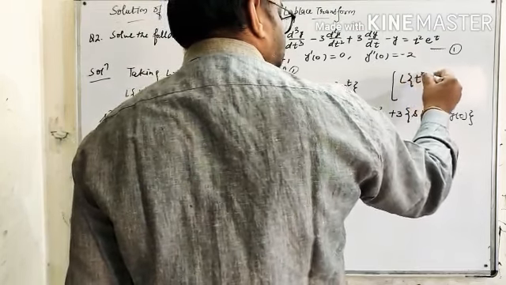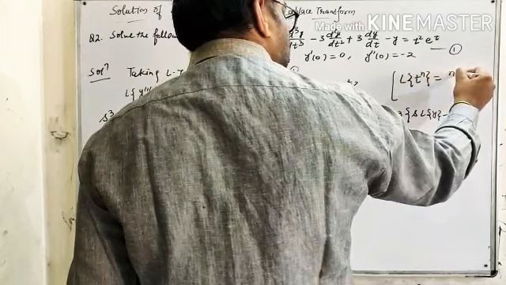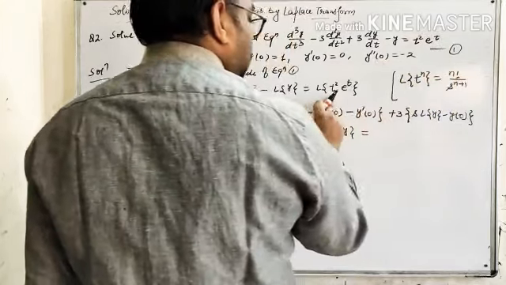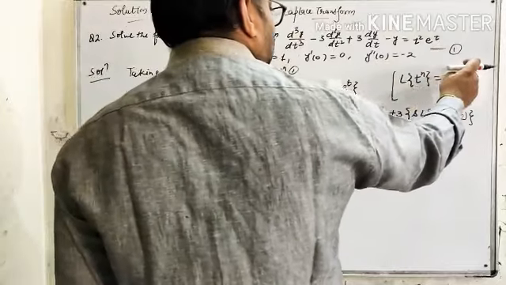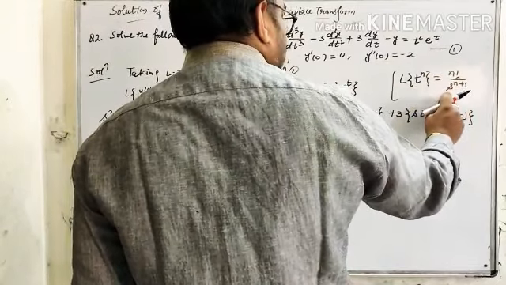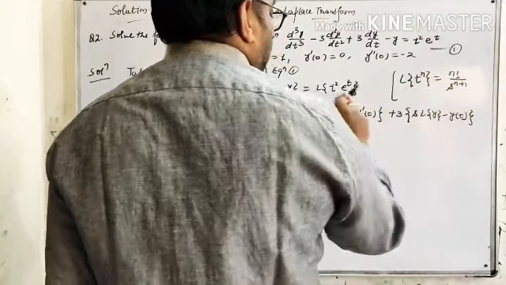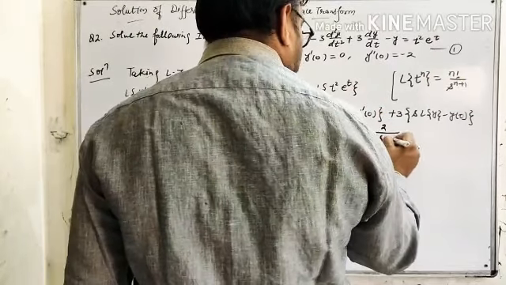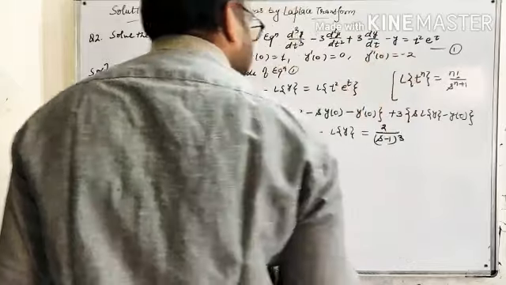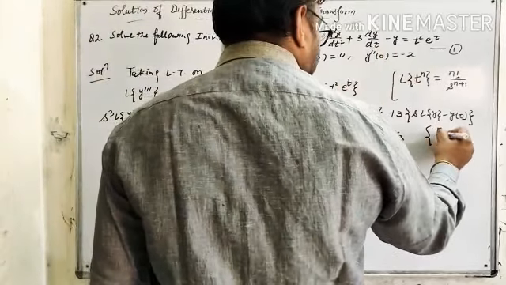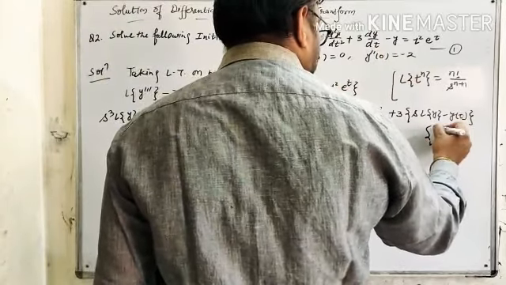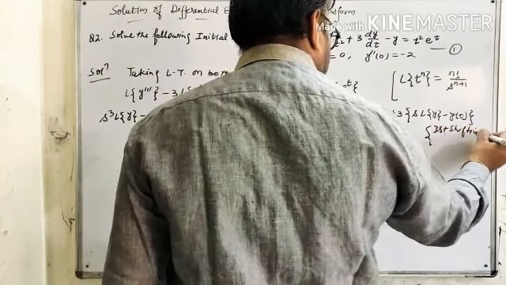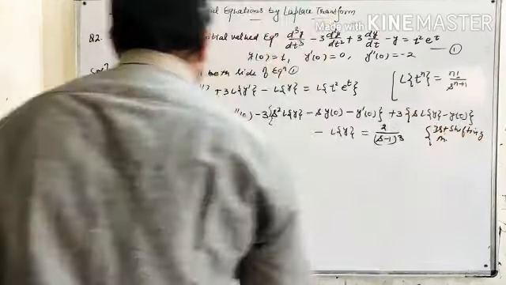That is, Laplace of t raised to power n is equal to n factorial upon s raised to power n plus 1. So the Laplace of t square will be 2 factorial upon s cube, that is 2 upon s cube, and the a is 1. So this will convert into 2 upon s minus 1 whole cube by applying first shifting theorem.